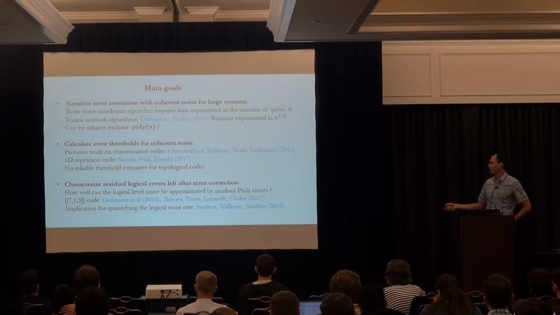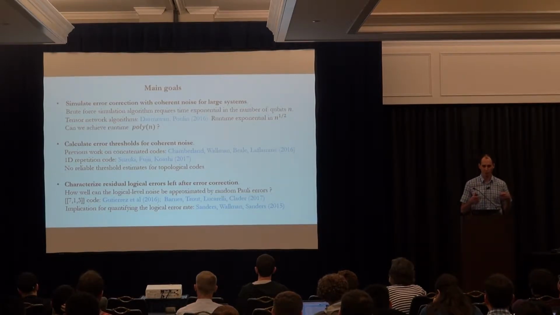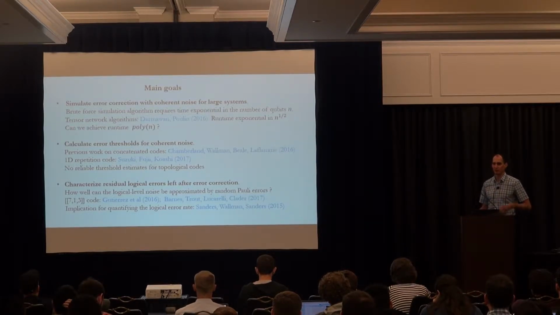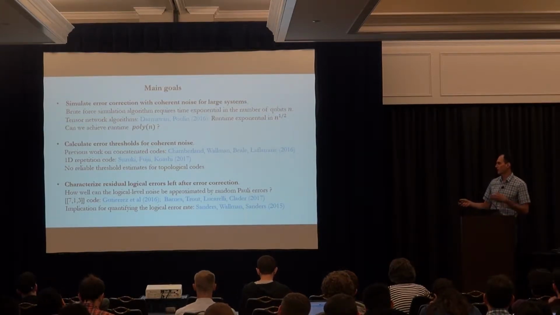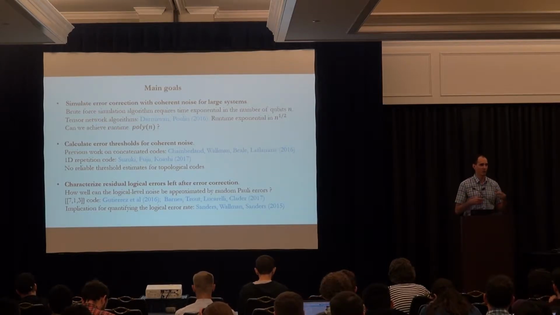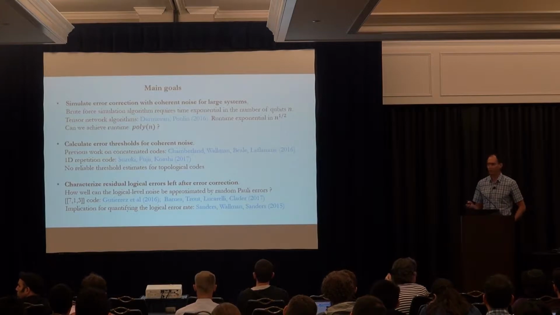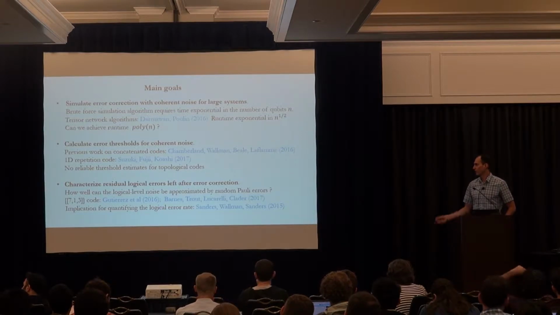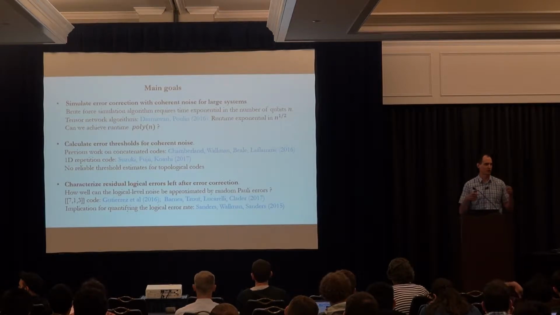And finally, even if we are below the threshold, error correction is not perfect, so we still have some residual logical errors, and we would like to understand the structure of these errors. For example, we can ask: if our physical level noise is coherent, is it true that the logical level noise can be well approximated by random Pauli errors? People from Ken Brown's group studied this question for the 7-qubit Steane code, but it's hard to say how these results can be generalized to topological codes with large distance.